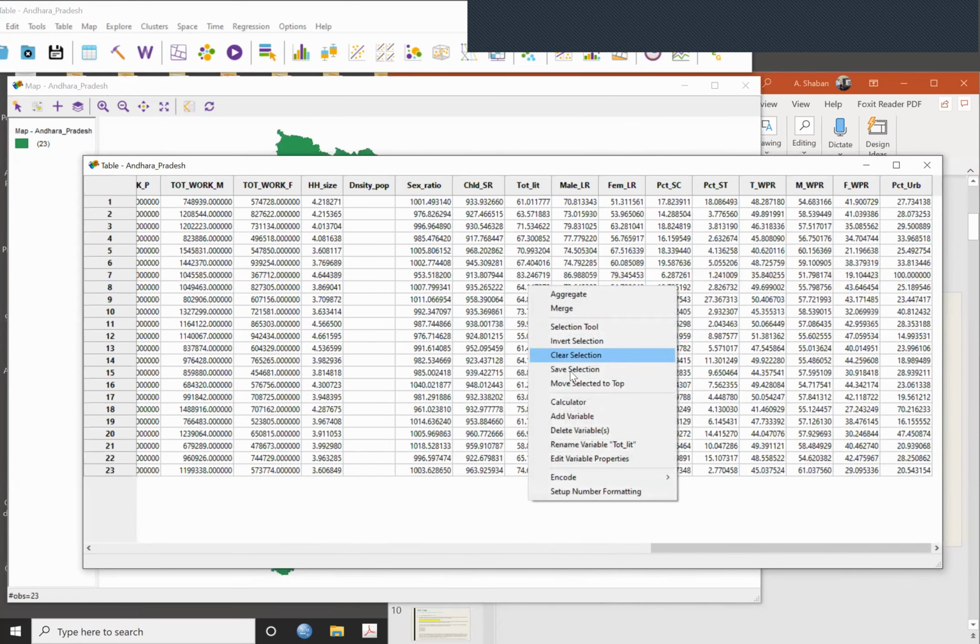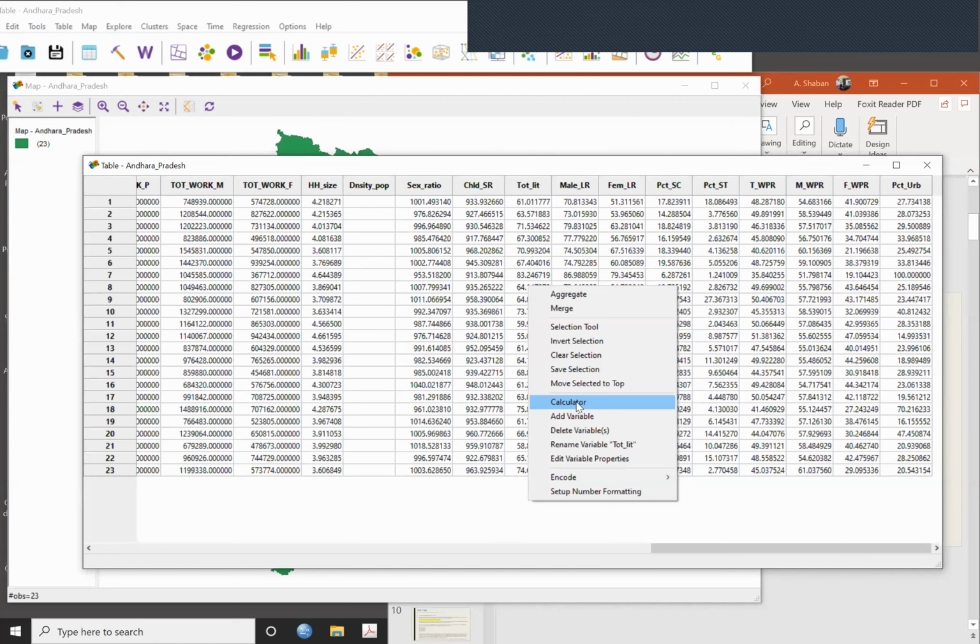Then, for example, you want to calculate something. For example, I want to take the log of the population sometime, or I want to join two variables. So you can use the calculator.